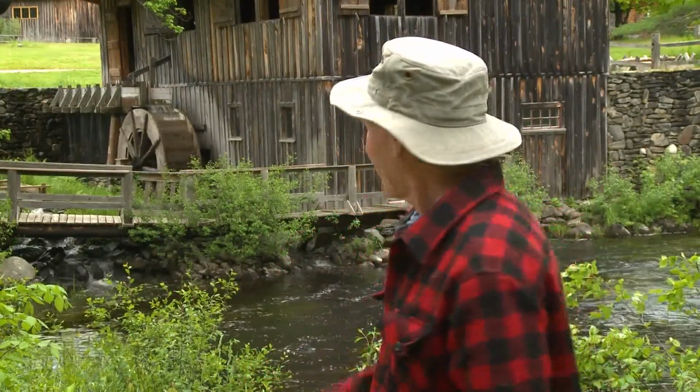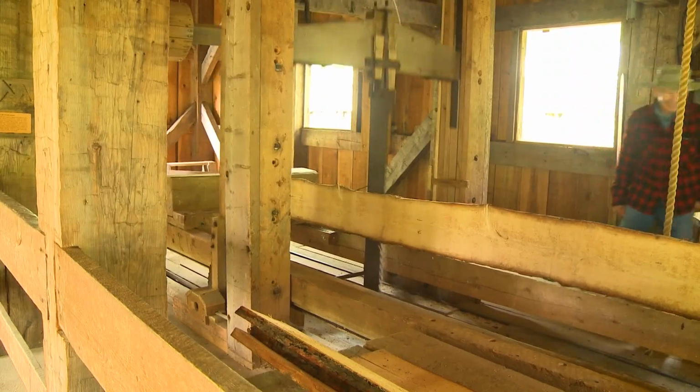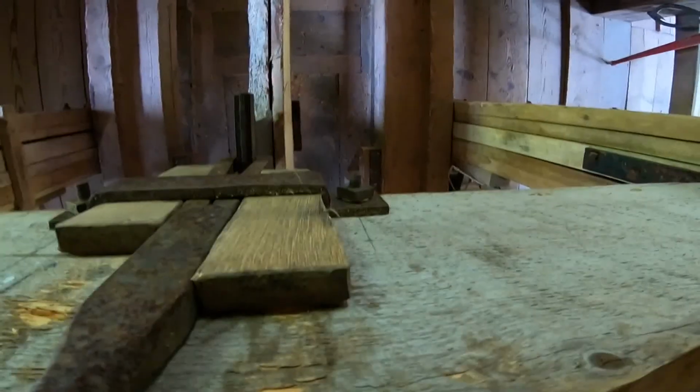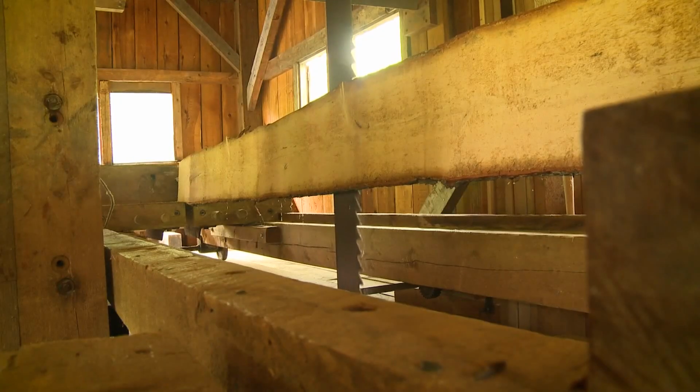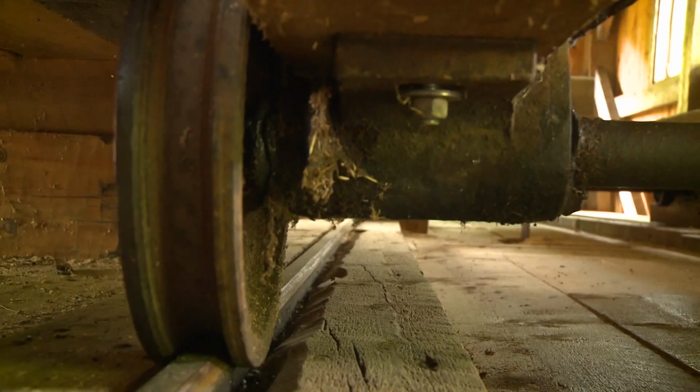Well, I guess I've always liked mechanical things. I grew up that way and taught it for 35 years. And these are just wonderful examples of mechanical engineering by people who had no university degrees. If it wasn't for the virus going on right now, we'd have hundreds, if not thousands, of school children here. They'd come in groups, getting away from school and seeing about water power, seeing about steam-powered Lombard log haulers, blacksmith shops, cooking over fires. I think we're pretty impressed that people were able to do so much using natural resources